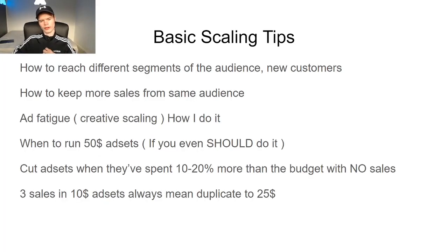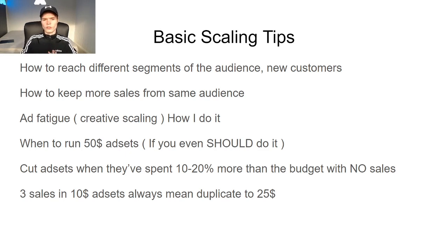When should you run $50 ad sets? Because I told you guys, when you make 3 sales in a $10 ad set, you duplicate it to 25. But that does not mean when you make 6 sales in a 25, you duplicate it into a $50 ad set. Normally though, I don't really do too many 50s in one campaign. I might probably do 250 out of like 30 ad sets. But if you're gonna make a $50 ad set, honestly, I truly do recommend having like 15 to 20 or even 30 purchases before making a $50 one, because a $50 ad set could be completely different than a 25 one.